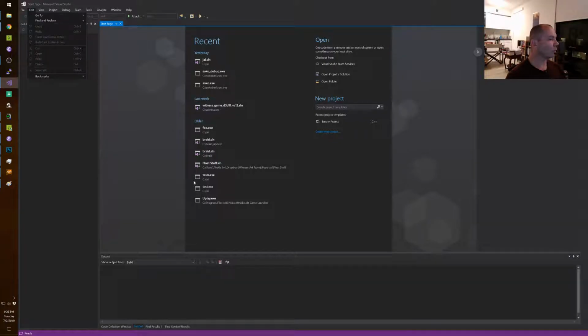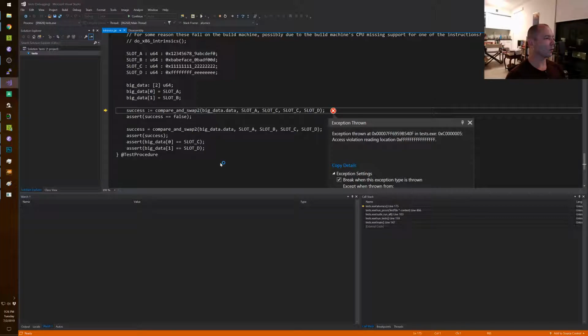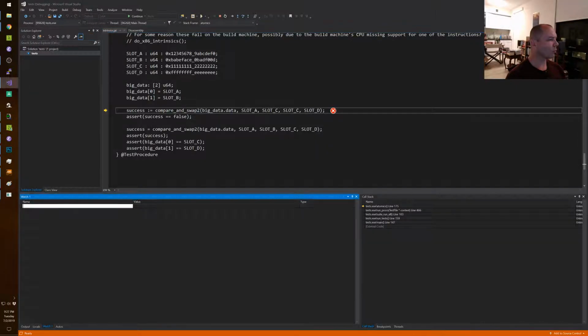Do we have that already? We do. Let's see what happens. Exception. Access violation, reading location -1? What? What are you talking about? Maybe it's in the line before?